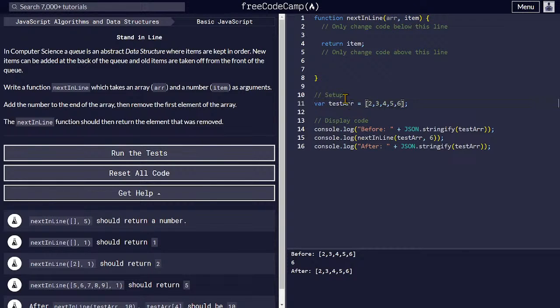So in the test array here, stringifying the test array. Okay, stringifying this test array like this, and in the console log, what it is doing is the test array is passing, and the 6 is in here, and it is returning the item only. Test array, it is returning the last element. If we pass 7 in here